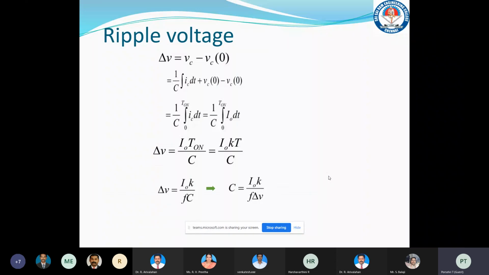Again, here, if you find the value for critical inductor and critical capacitor after equating del I equal to 2 times I naught, and after equating del V equal to 2 times V naught, and if we check the values of L and C, we can choose the values of L and C which are greater than the critical value of inductor and critical value of capacitor, so that we'll be able to get the continuous conduction mode.